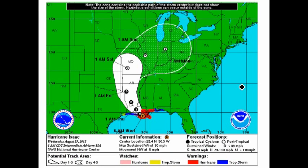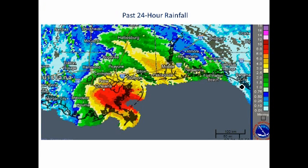Now, the path of Isaac continues off to the northwest, eventually to the north, and then to the northeast. The speed has slowed quite a bit, and it will continue very slow today and tomorrow. Eventually, by later this week, it's expected to pick up speed. But like I've been mentioning for a number of days, a slow speed of a tropical system always means significant